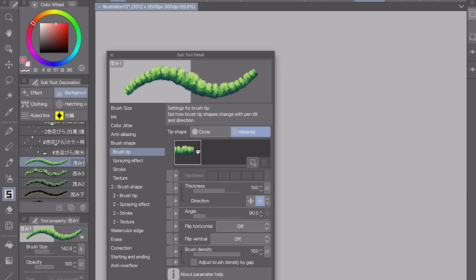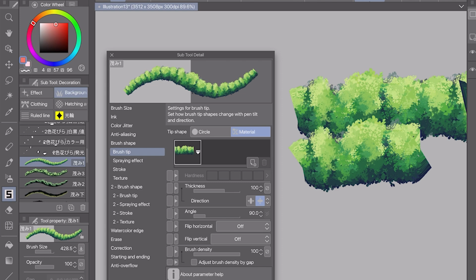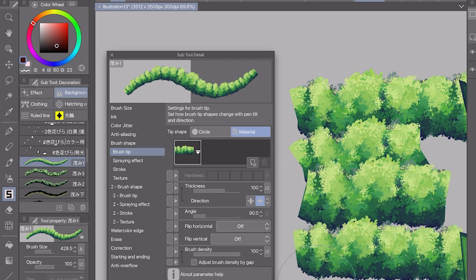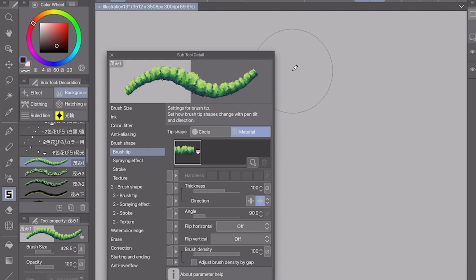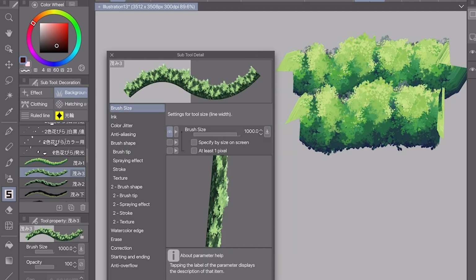Now earlier I've mentioned brushes where you can't change the color. Like this brush. No matter what color I pick, it will always be the color that is set upon this brush. How do you make that? So just use a color layer, register it as a material, and it will always be that color. It's useful for something like this push pin. Links are in the description, don't worry.